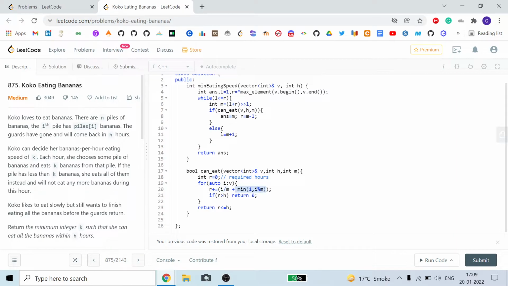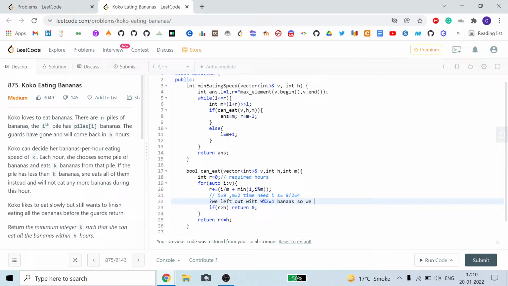Like if we have i equal to 9 and m equal to 2, how much time do we need? We can eat 2 per hour, so total hours needed is 9 divided by 2, which is 4, and we are left out with 9 modulo 2 equal to 1 banana.